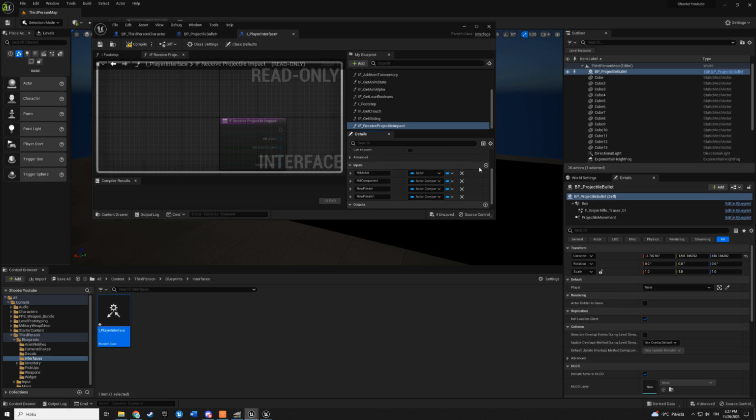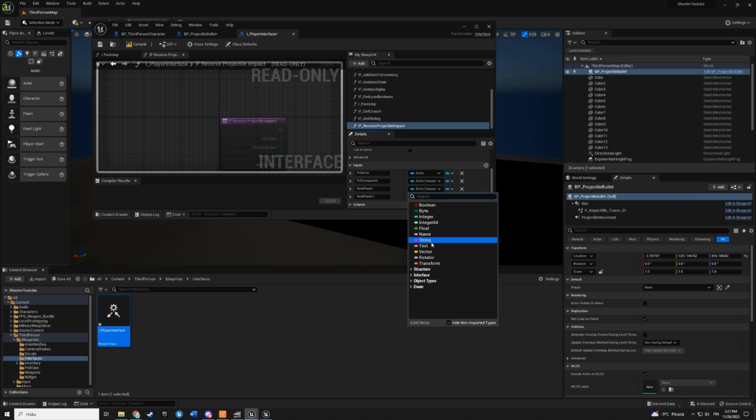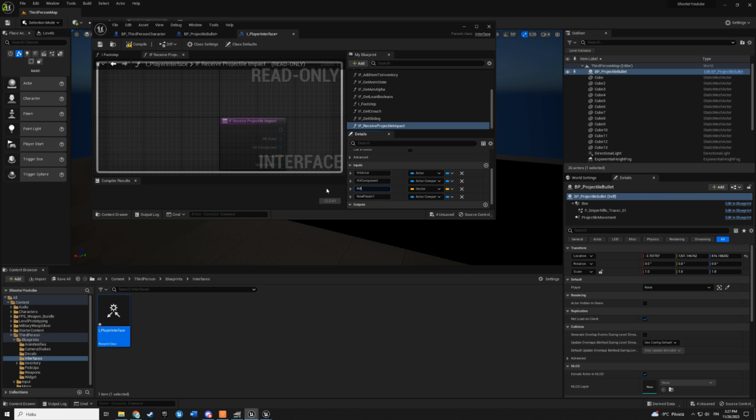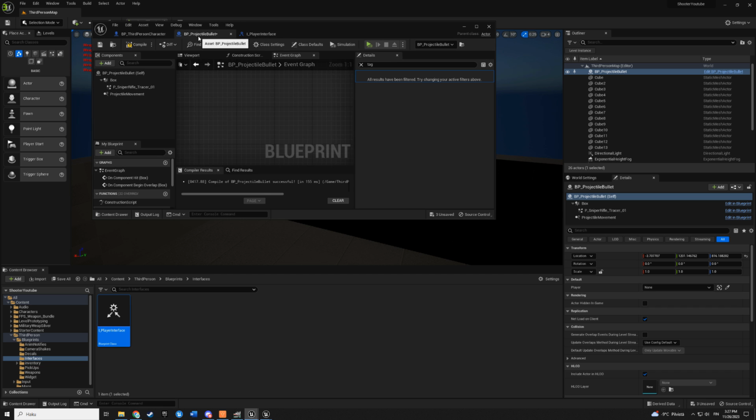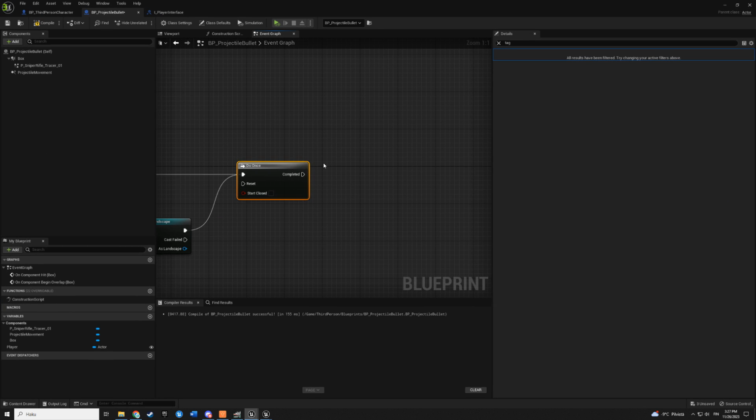Then we need two new inputs, and those will be vector type of inputs. First will be hit location, so the location where we hit, and then hit normal. This is for bullet holes. So make it normal point. Then compile and save and go back to our projectile bullet.